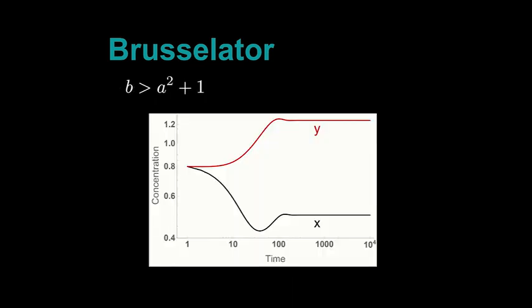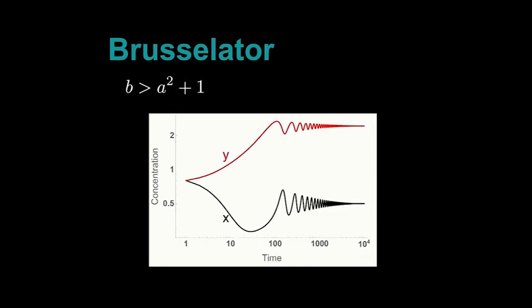If b is safely smaller than a squared plus 1, then you can start off at some initial concentrations for x and y, and these two chemical species will have some transient behavior that eventually leads to these two steady states that we described in the previous slides. Now, if we make b just smaller than a squared plus 1, so we make it very close to a squared plus 1, we see that you go to the same steady states, but now in the transient behavior, we